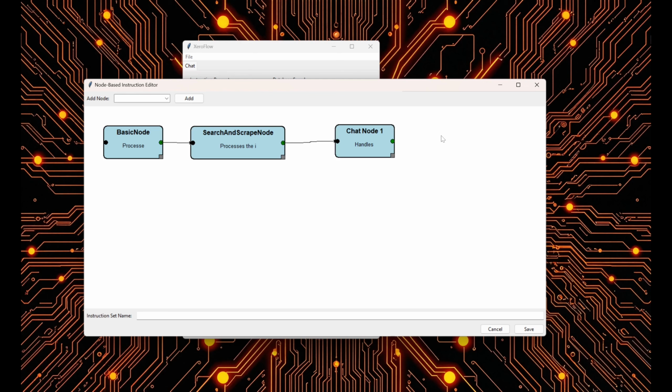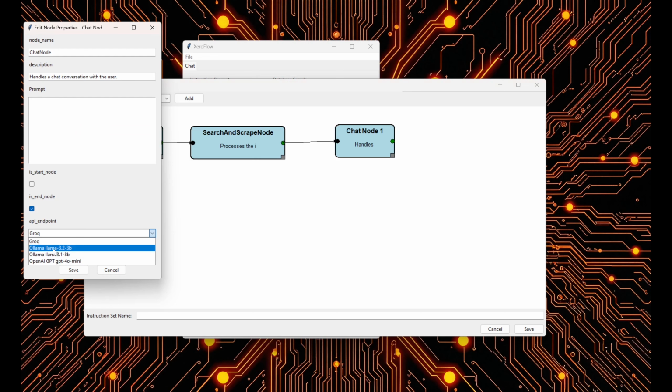How do we want to do this? Yeah, I think we're just going to end it right there. I guess we could send it out to another one to execute the full response, but the way this works is it outputs the entire chat history. So we're going to leave it there. We're going to go in here and set it to be the end node. We're going to set it to interact with ChatGPT, and I don't care about the database. We're just going to leave it on that,